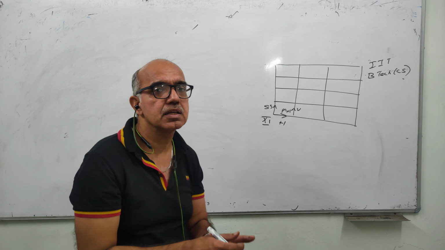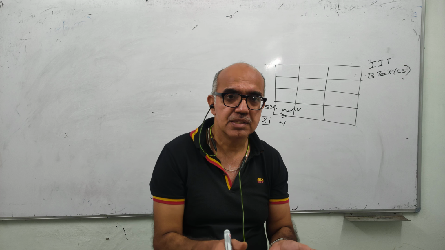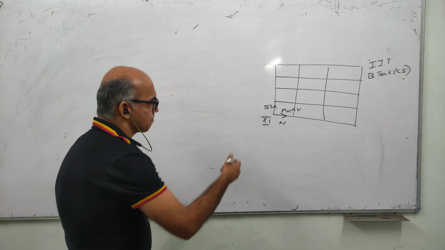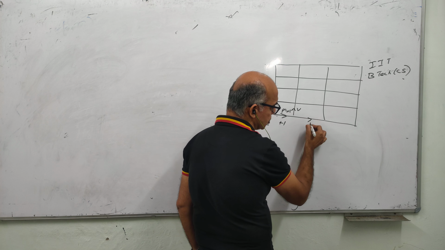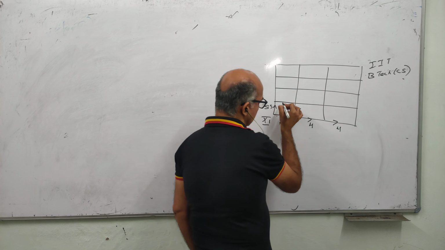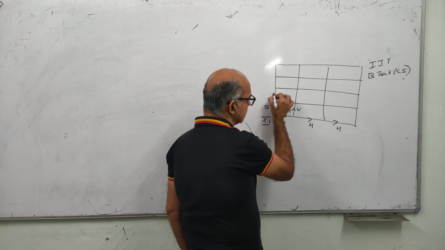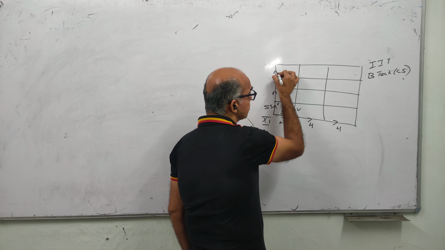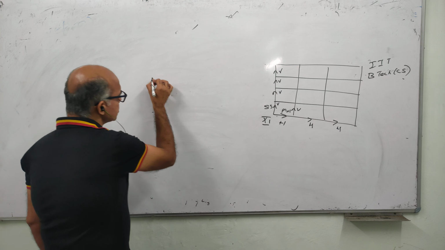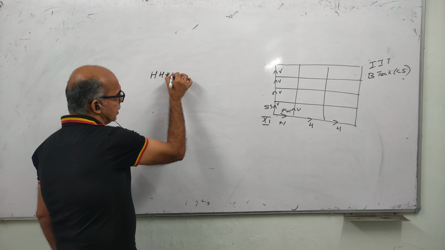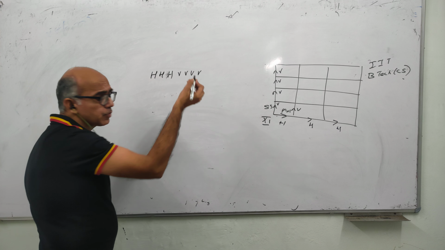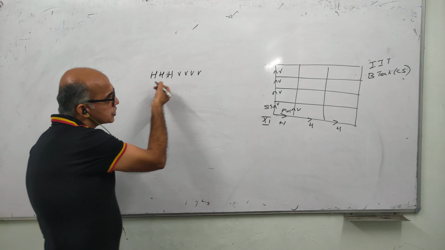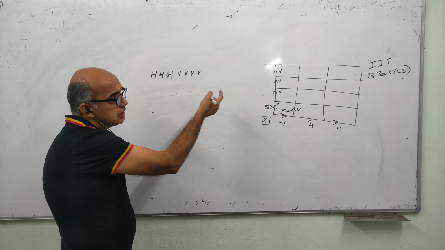So fine, I hope you must have tried. So let's start with the solution. I'll just match it. Look at this. You have to take a horizontal step here, horizontal. And the verticals are, this is the first vertical, second vertical, the third vertical, and the fourth vertical. So in the process, you have to take 3 horizontals and 4 verticals. आपके 3 horizontals हैं and 4 verticals हैं. अब आप horizontal या vertical किसी भी order में ले लो, will reach IIT.